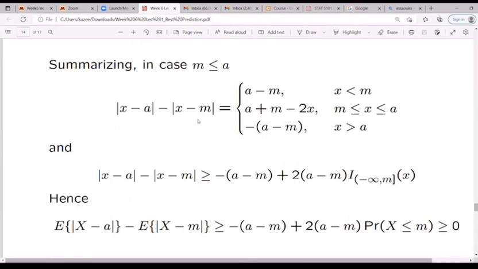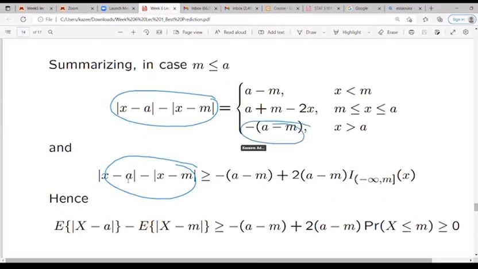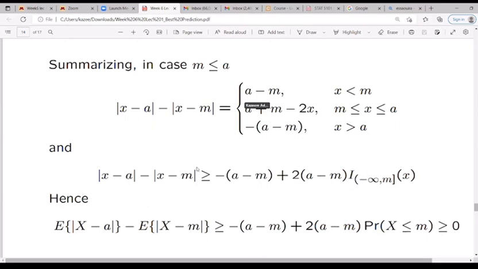Now when I have this guy, since all this can be this, and that can be that, I can actually say this guy is greater or equal if I use this guy, and two into that. So I'm going to say it's basically greater or equal to that with an indicator. I just want to take note of that.